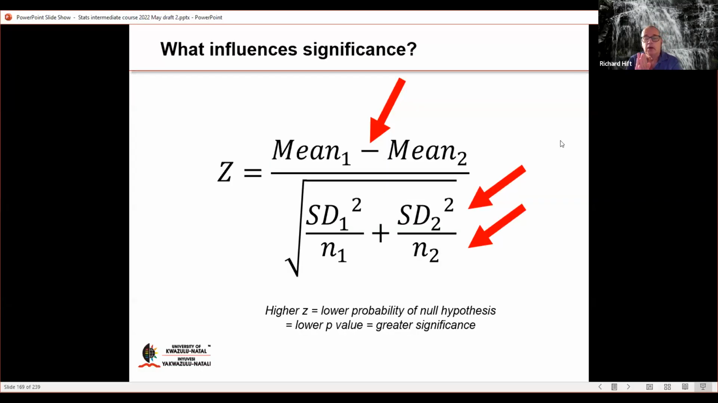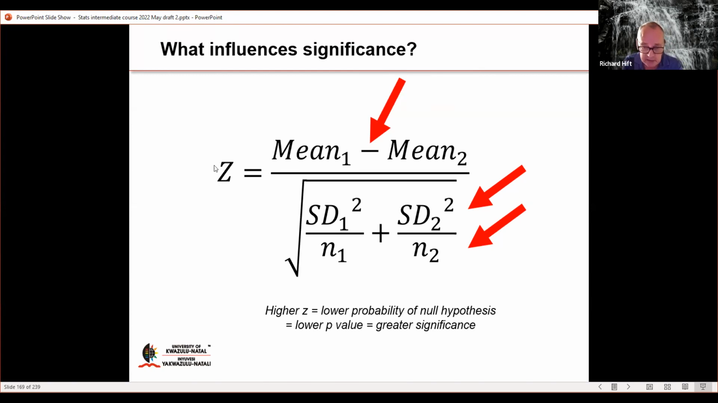Right. Now, what influences significance? Those of you who've been on my course will recognize this. Those who haven't, don't panic. It's not necessary to understand it. All I want to say is that the higher your Z score is, or your T score, or anything else, the more significant your result is. Right. So what is going to make this value Z bigger when our